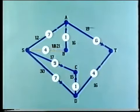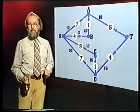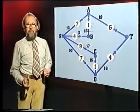Also, the arc SB now has spare capacity for only another 3 vehicles per minute. That's the difference between 18, the existing flow, and 21, its maximum capacity. So again, for any extra flow, SB now has an effective capacity of only 3 vehicles per minute. So any traffic flow just over and above the flow of 18 per minute will effectively be confronted with this